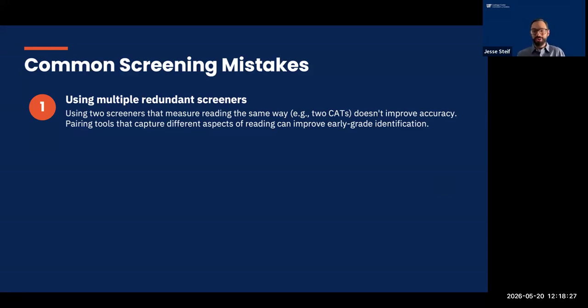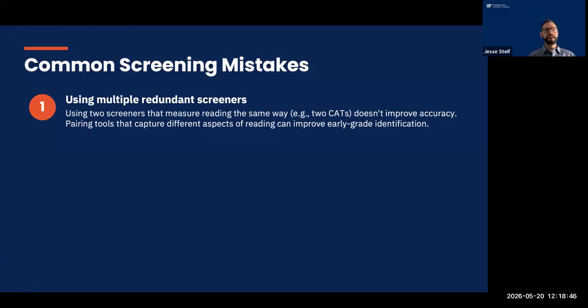What do you do when you have that scenario? It doesn't mean that one is right or one is wrong, but it has to do with how that computer adaptive test actually measures